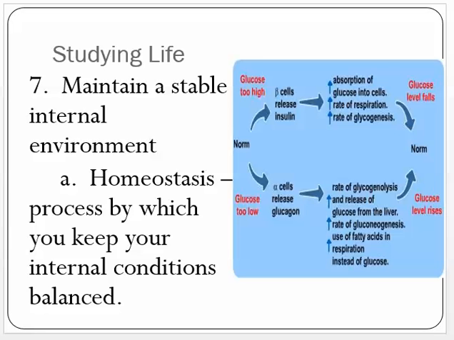We also have to maintain a stable internal environment. And this word, homeostasis, is a key one that'll show up usually on the ECA test at the end of biology. What that means is that inside of your body, you have things that have to maintain a certain balance. Your heart rate usually is a certain number. Your blood sugar should stay within a certain range. Your cholesterol should be within a certain range. And if it gets too high or too low, then you can have medical problems. So homeostasis is trying to maintain those normal ranges.